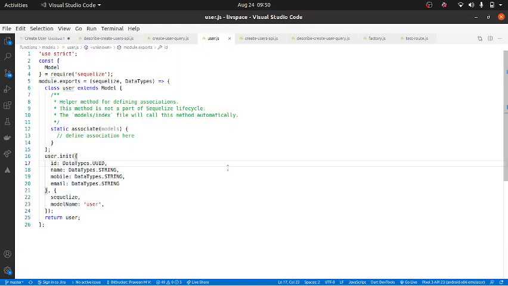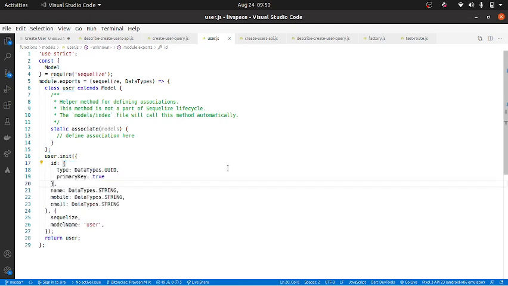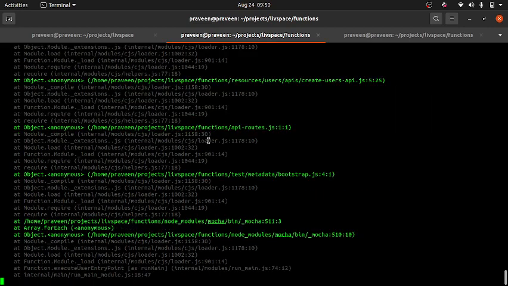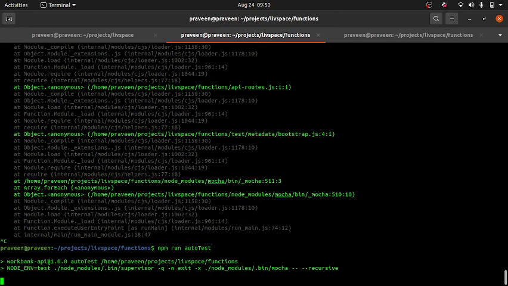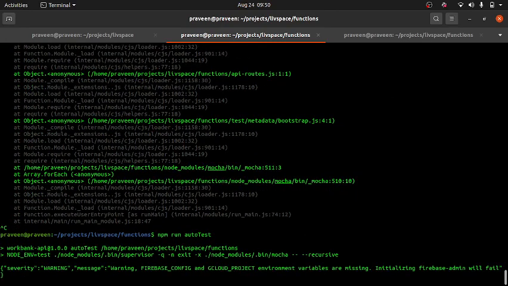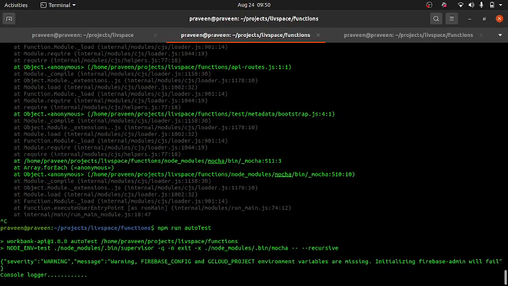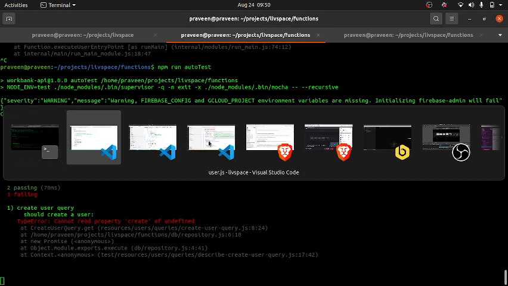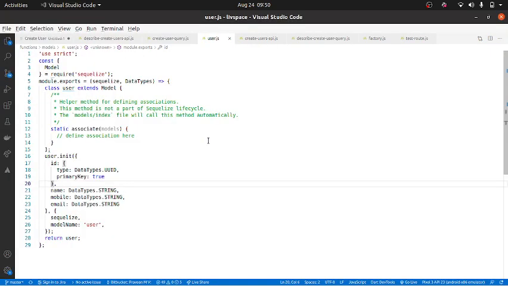Okay. So I think this should solve our problem. Done. So let's look at if everything is good. I'll restart it once. Create of undefined. Okay, so user, return user.